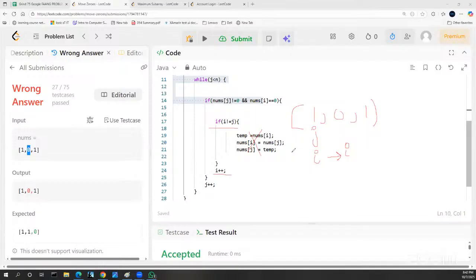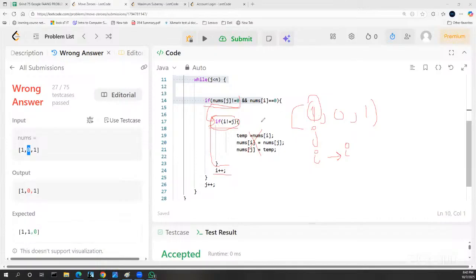Because our control will not come inside this if statement. Yeah, that's what I'm saying. Your I is outside of this if condition. Okay, no, this condition, nums of j equal to 0. Is nums of J equal to 0 right now? It's not. It's 1. Okay, yes, that's why we're able to come to this if condition. But this if condition became false because